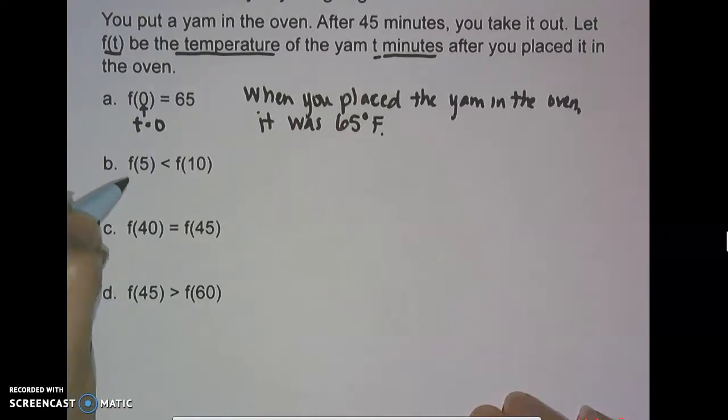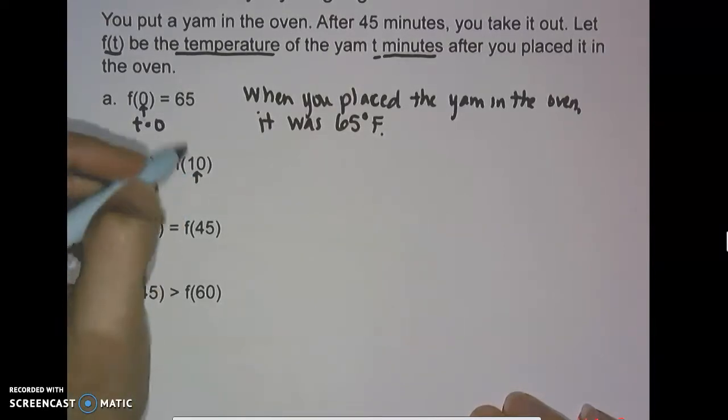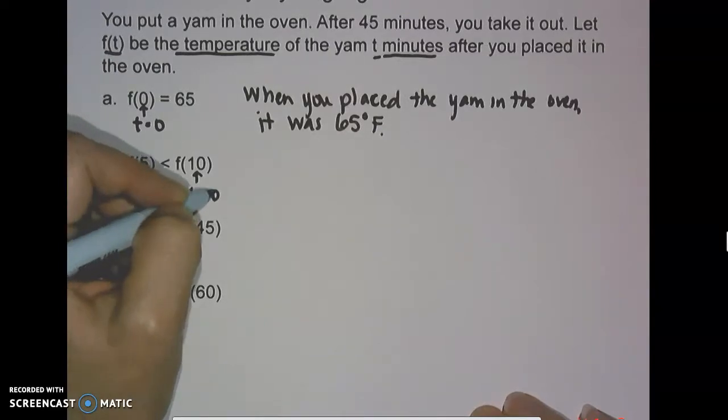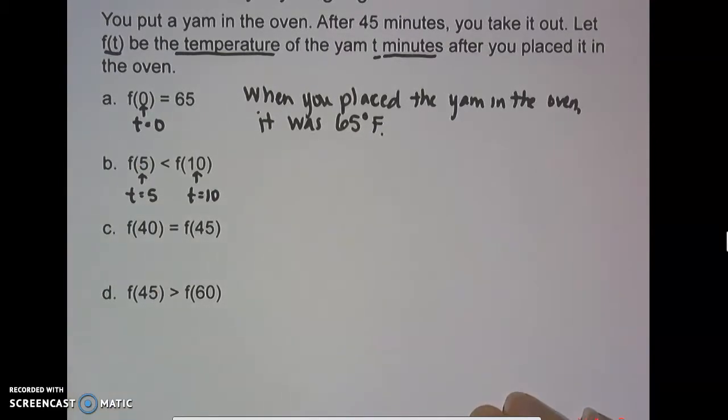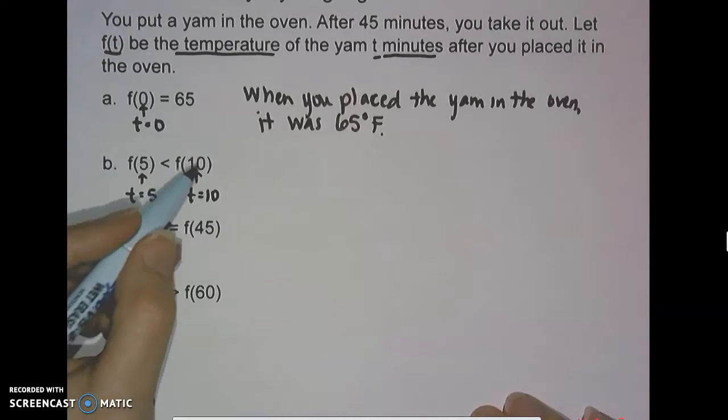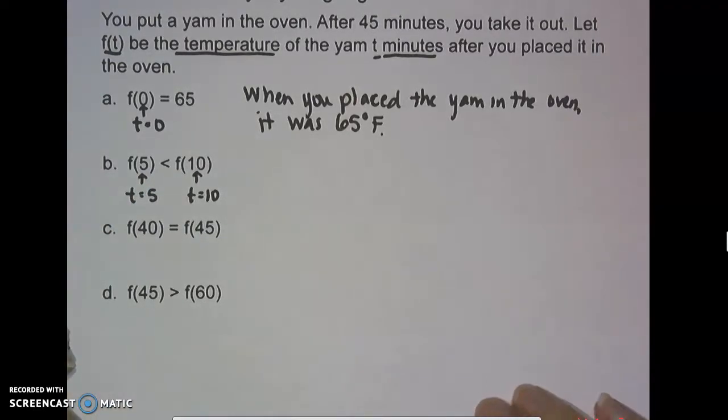f of 5 is less than f of 10. What does that mean? f of 5 is less than f of 10. So here, this is telling us that time is 5. Means 5 minutes after you have placed this in the oven. And f of 10 means that t is 10 because t is our input variable. And so if f of 5 is less than f of 10, this tells us that